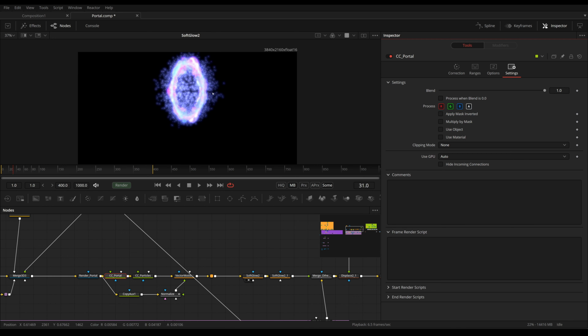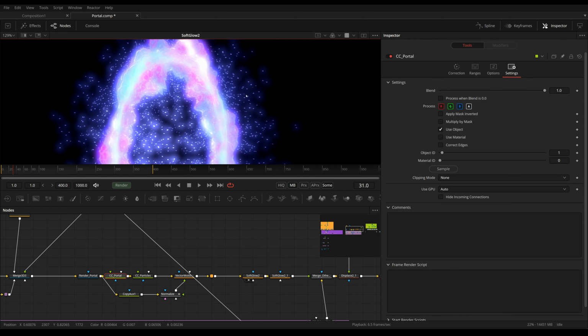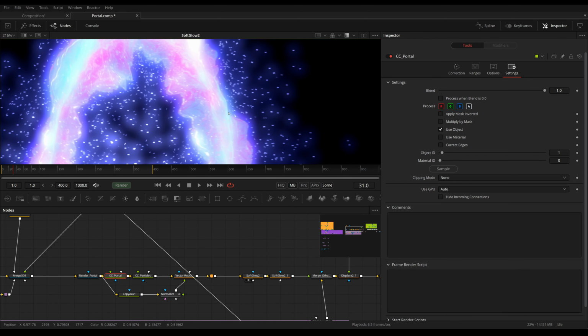The reason I've used this instead of rendering this in different passes is simply because sometimes if you render this in different passes, you get the issue of edges, that the particles are not properly aligning to the edges and they are going above or beyond the actual image or the actual portal.